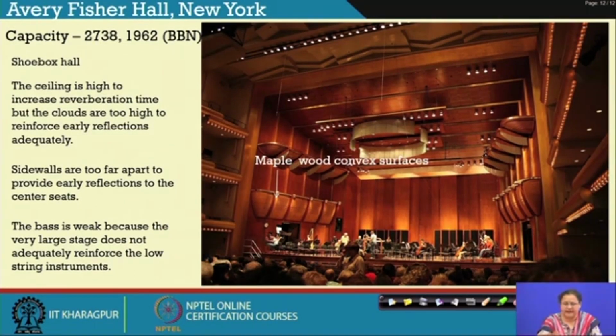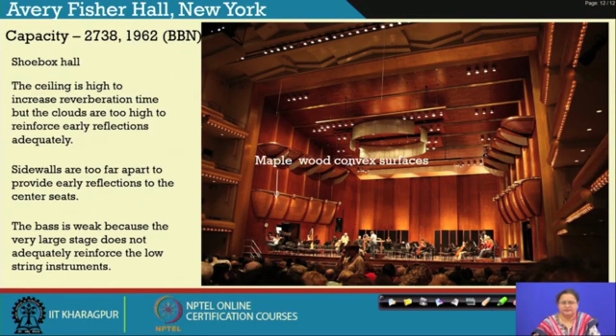The reflected paths from the ceiling were too long. So, these clouds, these shaped surfaces on the ceiling were too high to reinforce the source sound and help in early reflections adequately. So, a lot of things were added with time, of which these maple wood convex surfaces were one,